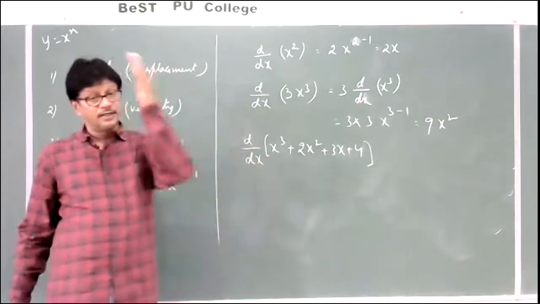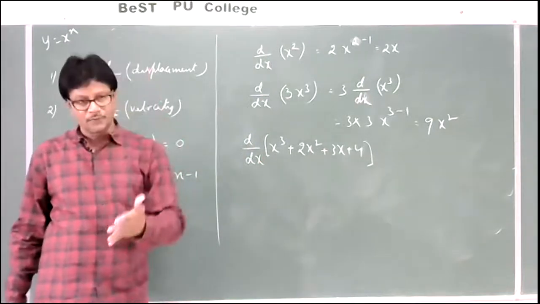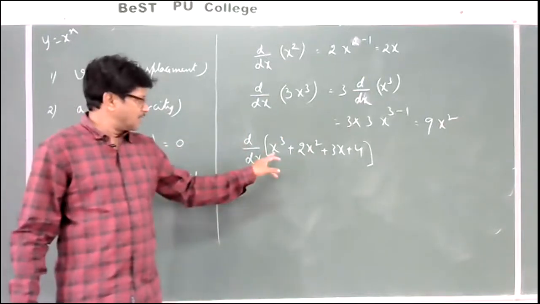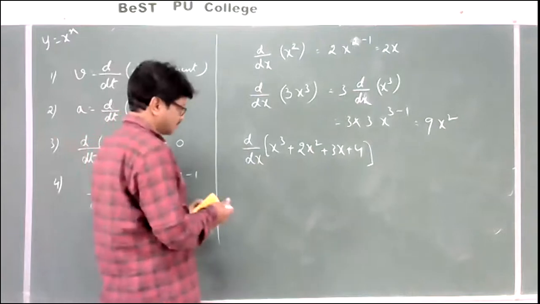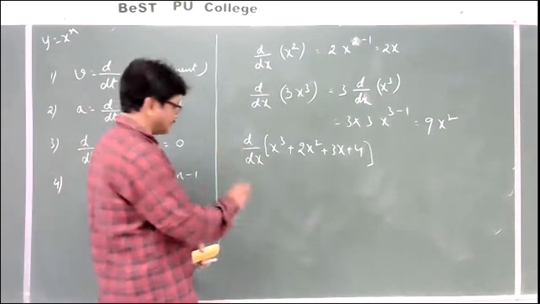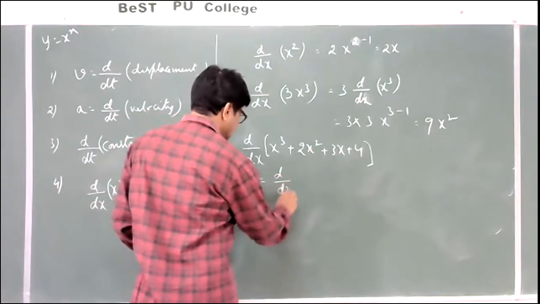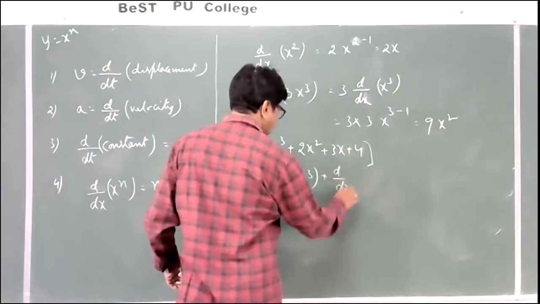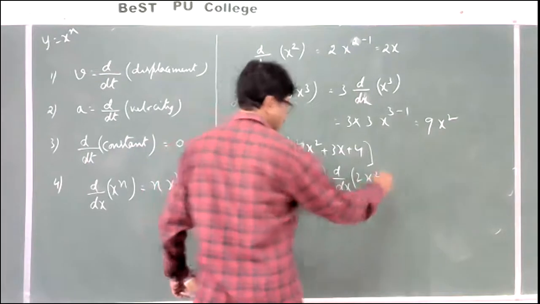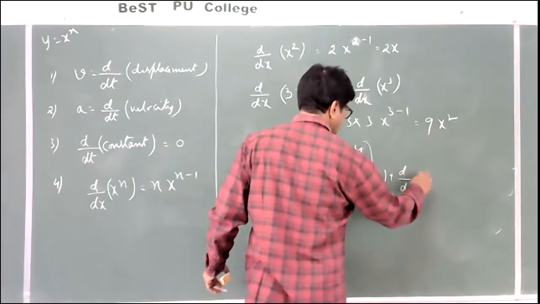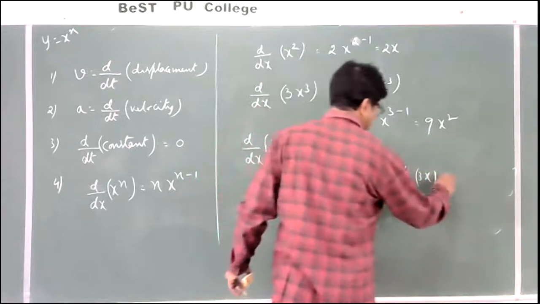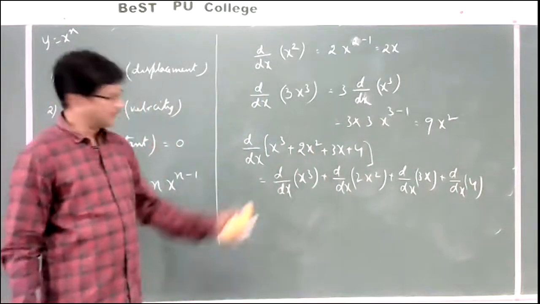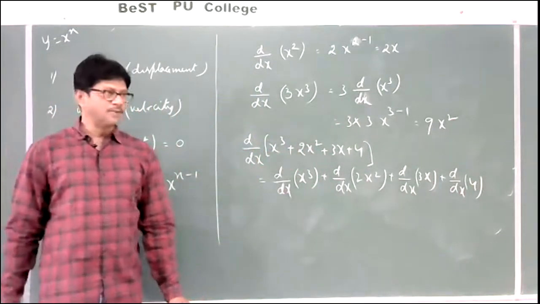Now I want to find the slope of the curve. ಅವಾಗ ಏನು ಮಾಡಬೇಕು? ಡಿಫ್ರೆನ್ಶಿಯೇಟ್ ಮಾಡಬೇಕು ಸ್ಲೋಪ್ ಕಂಡುಹಿಡಬೇಕಂದ್ರೆ. ಅಂದರೆ ಇವಾಗ what I will do this is, first I will separate each and every term. d by dx of x cube plus d by dx of 2x square plus d by dx of 3x plus d by dx of 4. ಹಿಂಗೆ ಸಪ್ರೇಟ್ ಮಾಡಿದ್ದೀನಿ ಇವಾಗ ಬೈ ಪಾರ್ಟ್ಸ್.